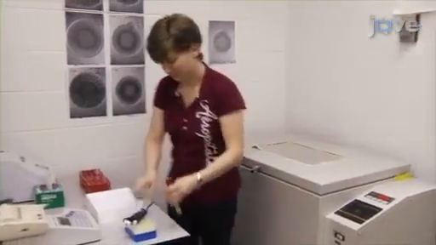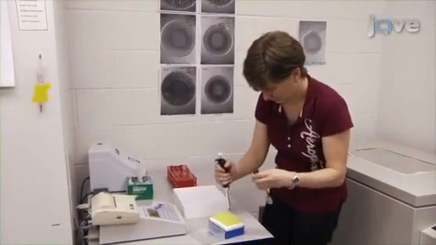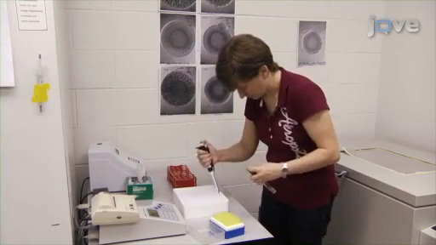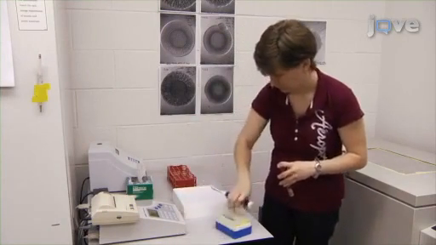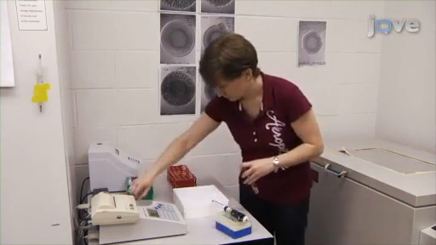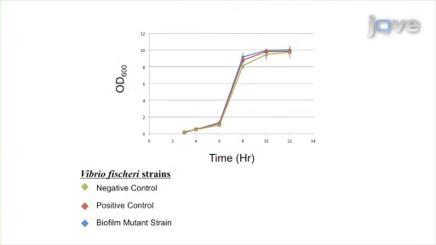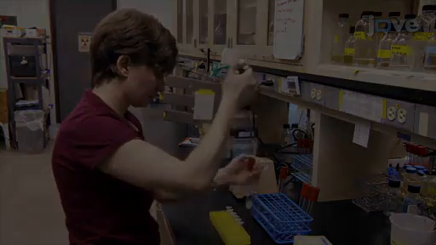Biofilm formation is generally influenced by cell density and growth rate. Therefore, prior to assessing wrinkled colony morphology, the growth rate and yield of the strains of interest should be determined. To determine growth rate, measure the increase in optical density, or OD, of each strain over time and plot a growth curve. To determine yield, or final cell number,